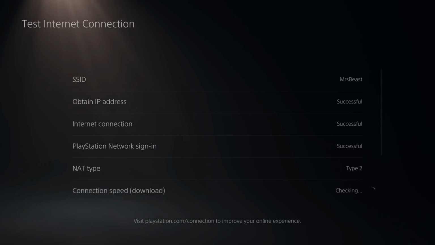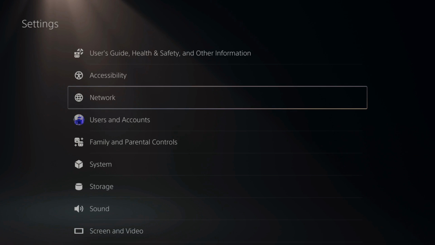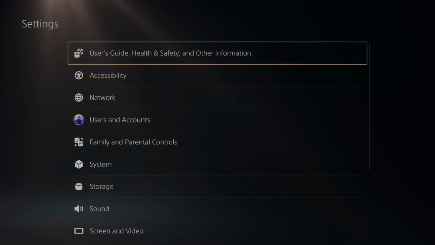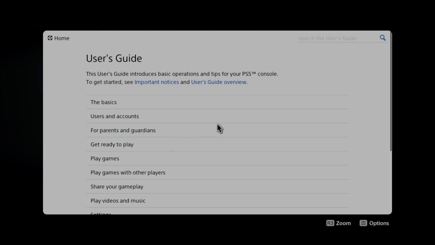But to actually accept the terms of agreement, you have to back out of this and go to the main settings page, and you simply have to open up a web browser on your PlayStation. You can go to User's Guide, Health, Safety, Other Information right at the top. Select this and then just go to the right to User's Guide, and this will open up a web browser quick,